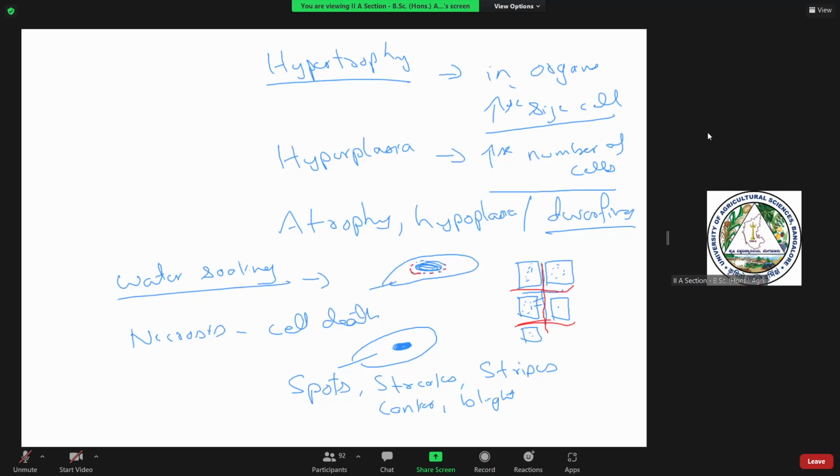Also a type of necrosis. The anthracnose is another symptom which is often called an ulcer type of symptom. It is similar to your ulcer, which is a Greek word used to define ulcer,